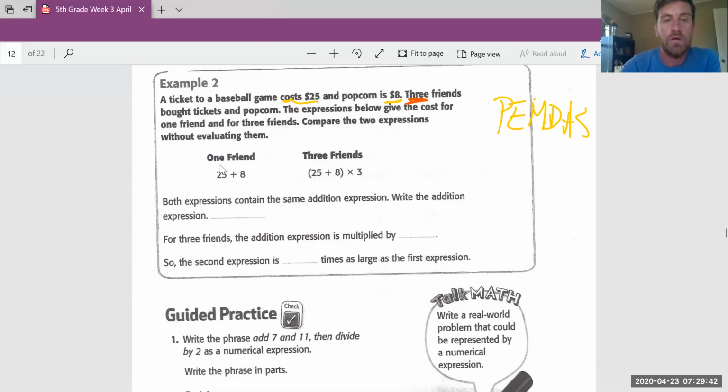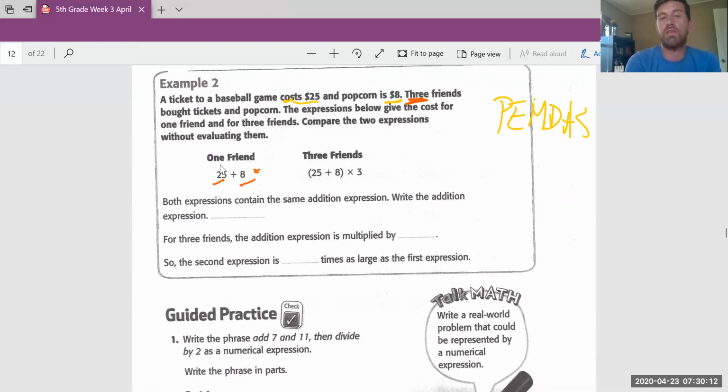3 friends bought tickets and popcorn. The expressions below give the cost for 1 friend and then for 3 friends. Compare the 2 expressions without evaluating them. So 1 friend went to a baseball game. He paid the $25. He paid the 8 for the popcorn. Equals there. 3 friends, still the same price, right? Because everyone bought a ticket, everyone bought popcorn. So we're going to add, and then we're going to multiply by 3 so we can figure out what the